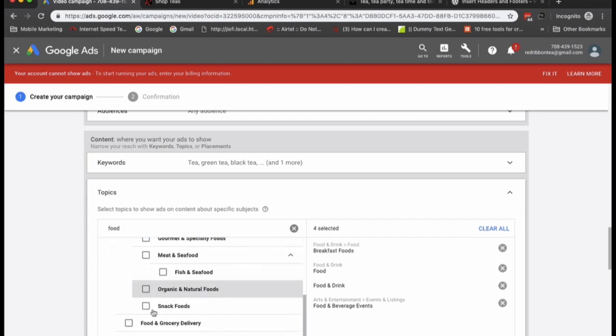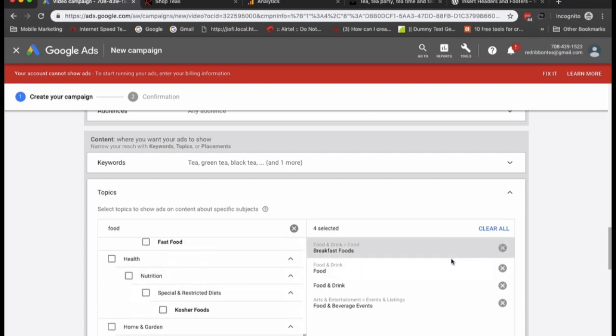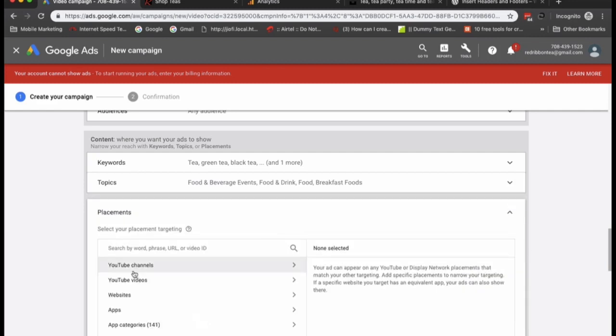So you can choose based on the target audience interest topics to place your ad. So in these categories the ad would be placed. So here is an opportunity where I can place my ad to a set of channels or a set of YouTube videos and websites and apps.